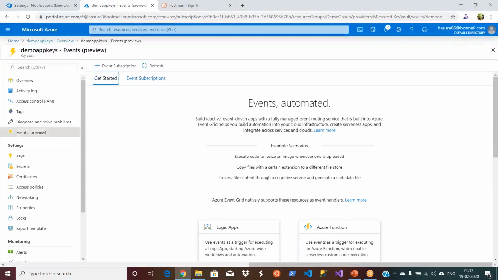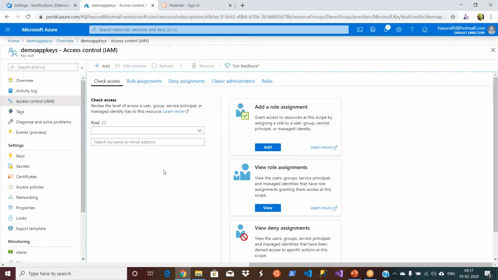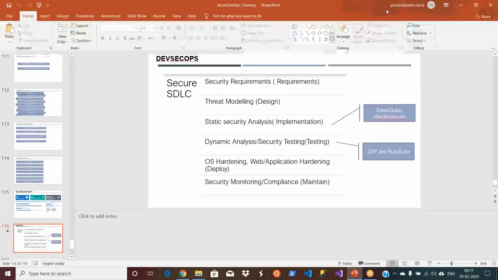First you will be notified. That's where you will use events. Right now these events are in preview mode, but generally we create some utilities to read this expiry date and enable notifications saying, hey, your key is going to expire tomorrow, let's renew it. There are APIs provided by Microsoft Azure. You can simply use those APIs and renew the expiry days. This is the advantage of your key vault, and it is no different from key management utilities from any other product or vendor. Okay, thank you. No problem.